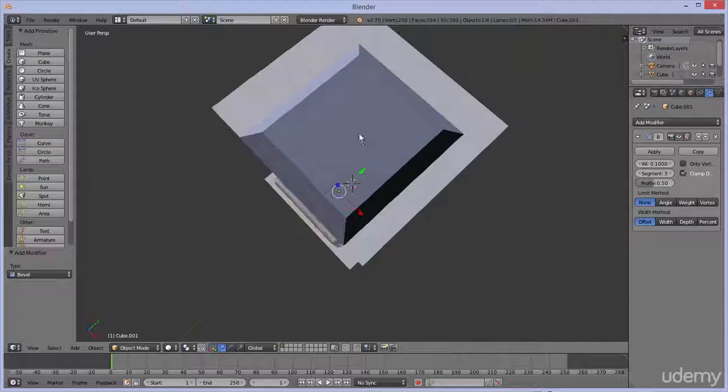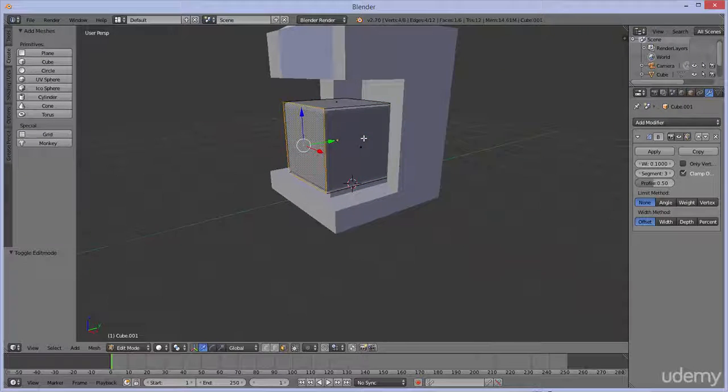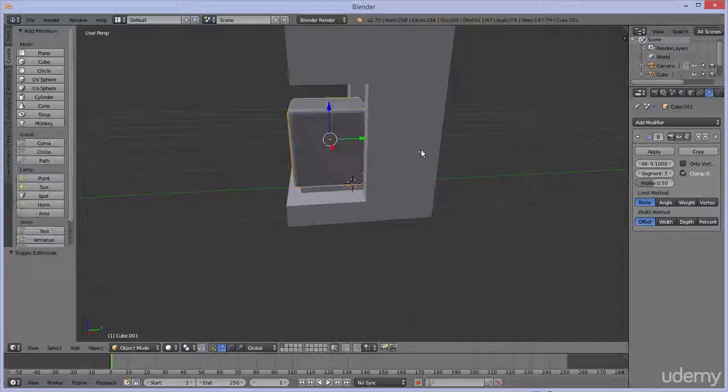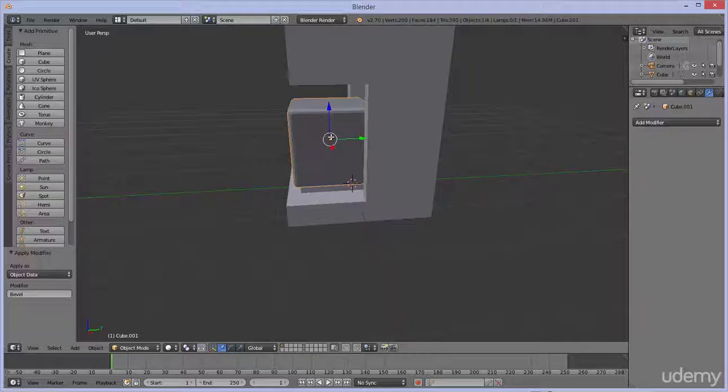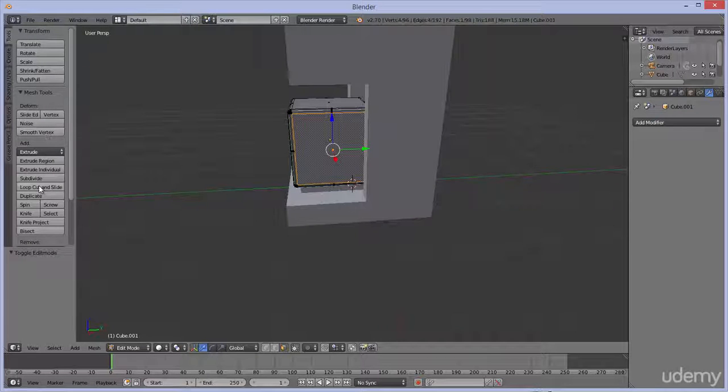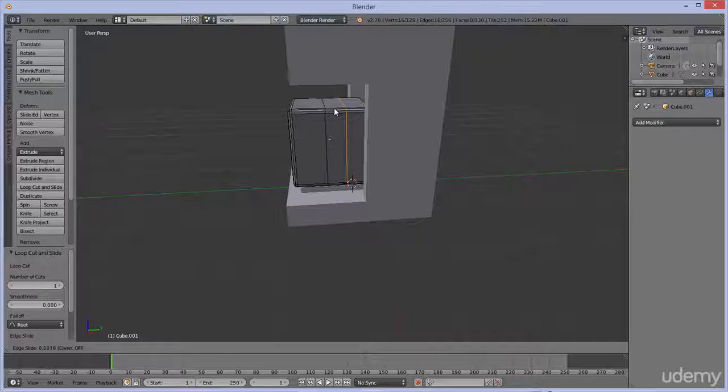We can actually do that with this as well, which we might end up doing. But let's tab into object mode here, and then push apply. Then tab into edit mode. And what we're going to do here is add in a handle. And this handle is actually going to be really simple. Let's go back into tools. We'll go to select loop cut, and we'll select one here, another loop cut, select here, and then we could actually